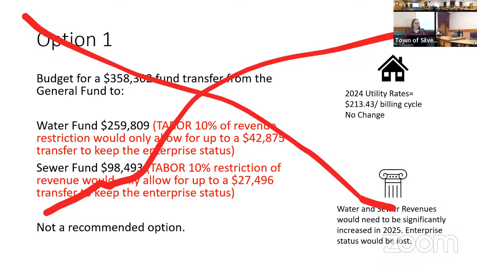So I feel like we're talking about the nuts and bolts of how these funds work, and then being asked to make a decision about what to do to balance the funds, which is going to potentially have a meaningful impact on residents. But we haven't talked about policy at all. So I think it'd be helpful to zoom out and have a policy discussion around what our goals are to help direct us on how to make the nuts and bolts decisions.